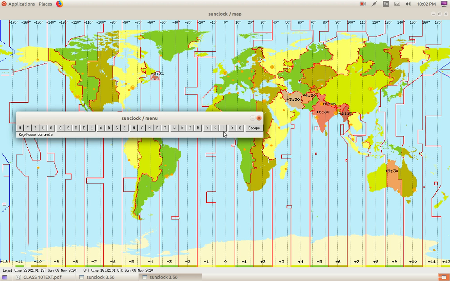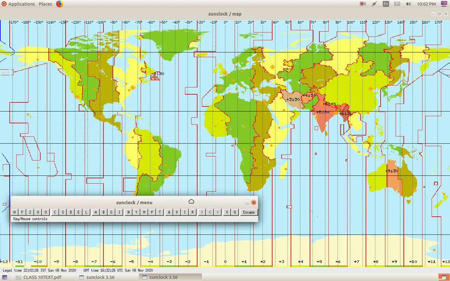Clear? Yes. Now we will learn the T button. T, the name is Toggle Tropic, Equator and Arctic. That is the name of the tool. When I click on this, what happens?